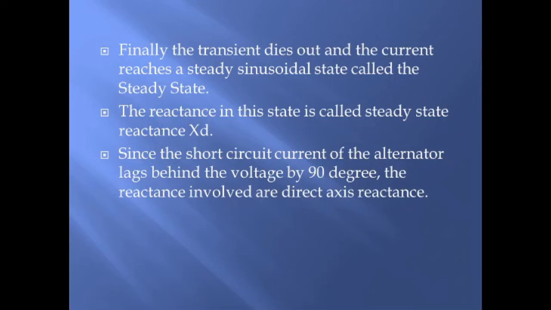Now since the short circuit, यहाँ पे आपको बताया है क्यों XD ही रहता है, because the short circuit current of the alternator lags behind the voltage by 90 degree because of the reactive, inductive nature की वजह से, because the current is lagging behind voltage by 90 degree, the reactance involved are direct axis reactance. अगर आप phasor diagram recall कर सके जो मैंने आपको बताया है salient pole rotor का, तो आपने देखा होगा कि जो XQ का इफेक्ट होता है वो वर्टिकल होता है, जिसकी वजह से हम उसको EMF में कंसिडर नहीं करते हैं, and that is why the drops because of XD is considered, the drop because of XQ is not considered. ठीक है।